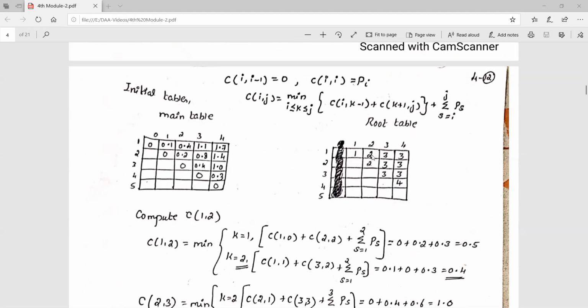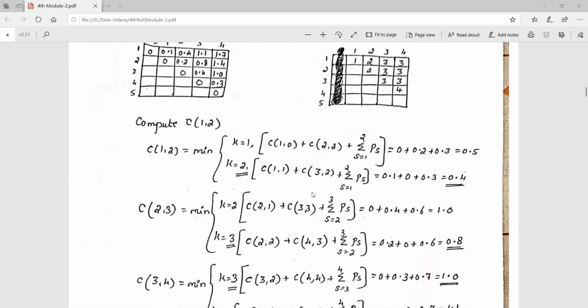Now we have to compute 2 comma 3, and again you have to complete 3 comma 4. If you are taking 2 comma 3, again the same thing you consider. The i value will be 2, j value will be 3. Now k will be between 2 and 3, so we are considering 2 and also 3. The same formula you apply here. The values we take from the table. Here for 2 to 3, that is ps you are having. What is the second probability? Second probability is 0.2.